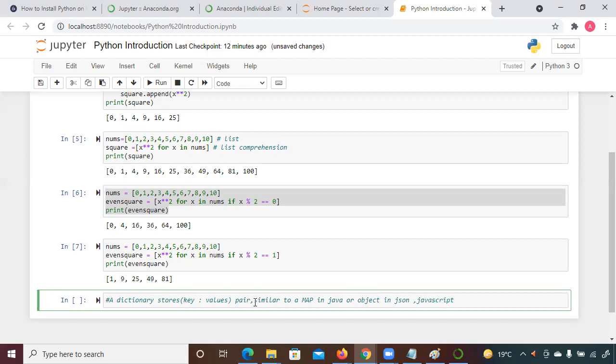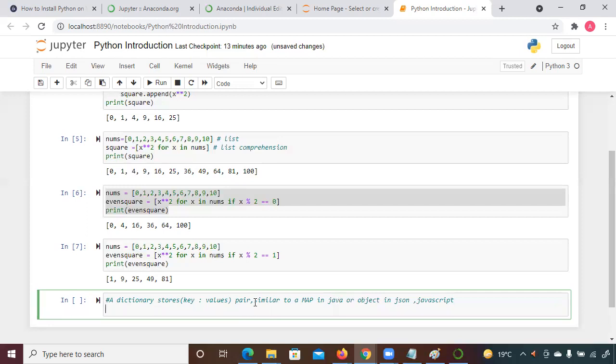So a dictionary stores the data in the form of key and value, similar to what we work with in a map in Java, JavaScript, or a JSON file. All the data will be in key and value, and the reason is fast access. In big data, we work on key and value pairs only, because the key helps to identify the data